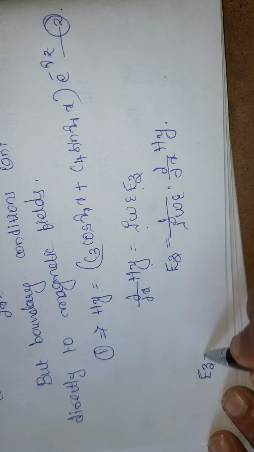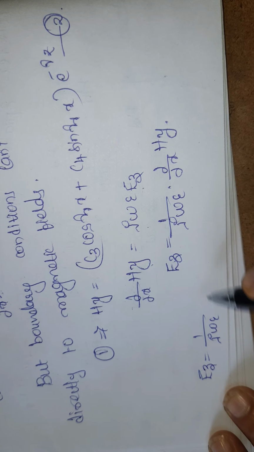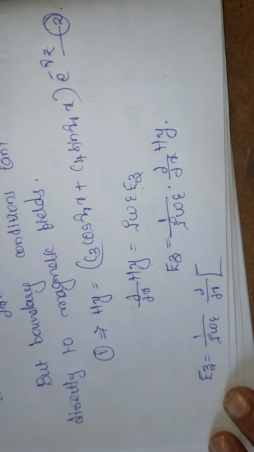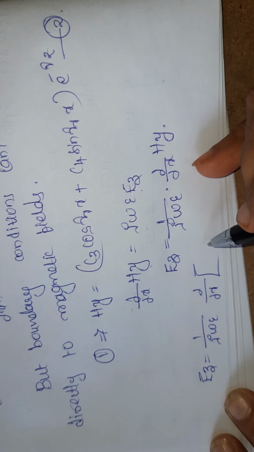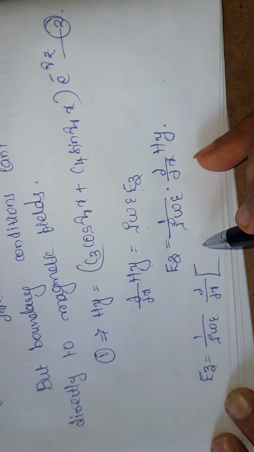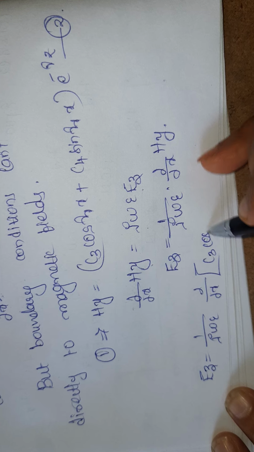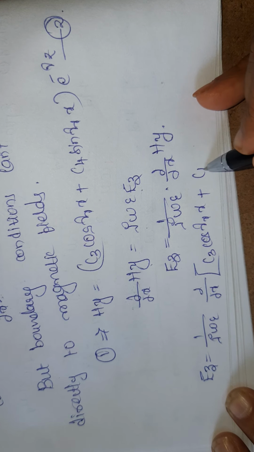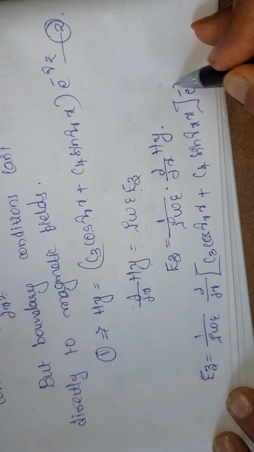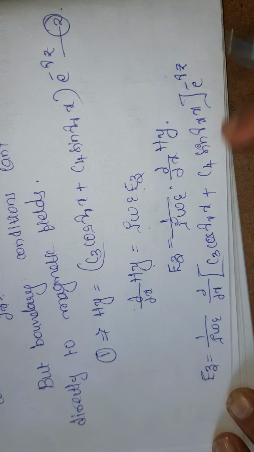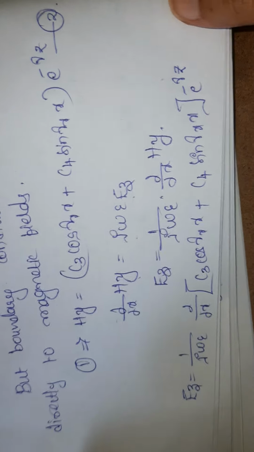So Ez is equal to 1 by j omega epsilon, do the differentiation dou by dou x of C3 cos gamma x of x plus C4 sin gamma x of x into e power minus gamma z. Now do the differentiation for this equation, so I will get Ez is equal to